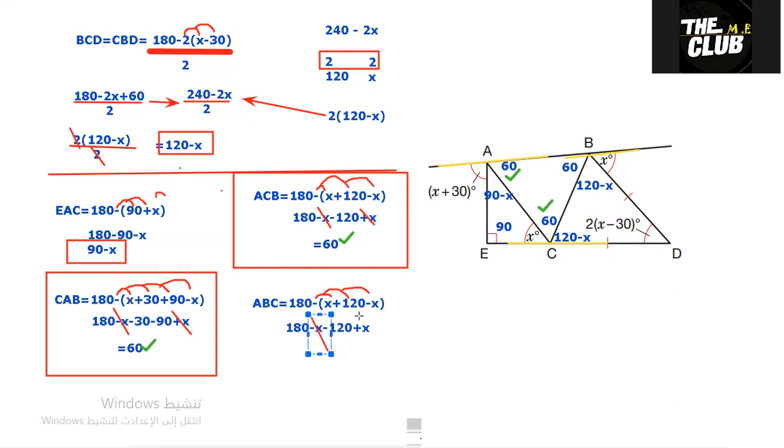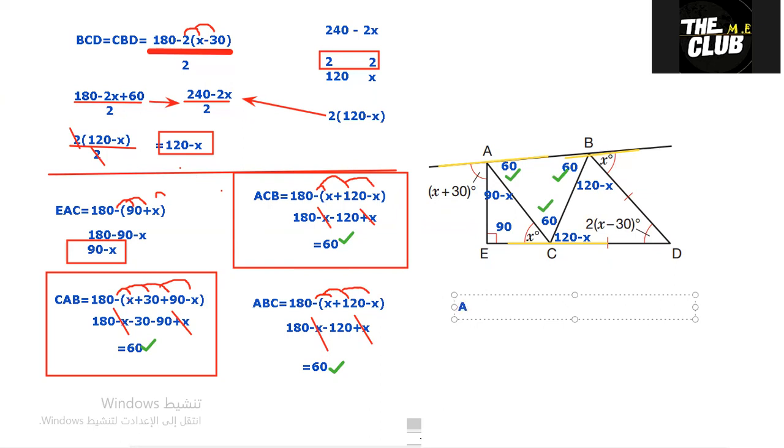So minus x cancels with x. And then I have 180 minus 120 equals 60. Equals 60. And by that I proved that this angle is 60 as well. And because all of them are 60, it means it's an equilateral triangle. So triangle. So you say